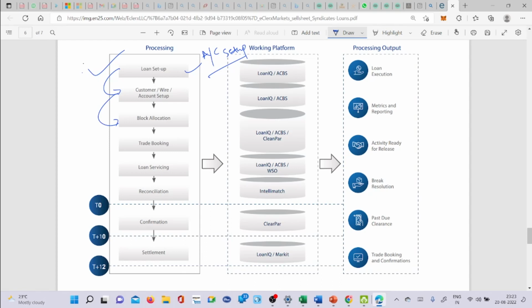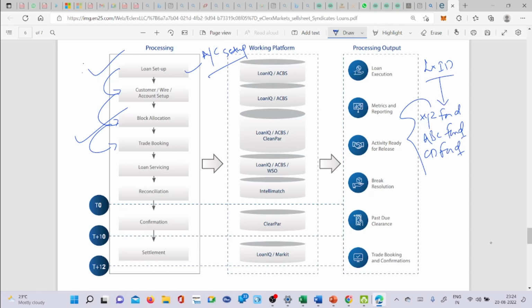So the allocation is important. So allocate the trades. Sometimes under one security, let's say there is one LXID, under one LXID you would see different funds, let's say XYZ fund, ABC fund, then CD fund. These are the fund names basically. So your job is to allocate the trades, or the commitment or the amount of that particular trade, to the different funds, right? And then after that,